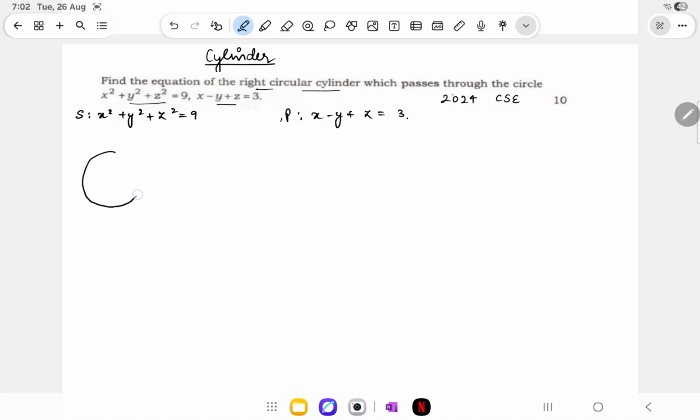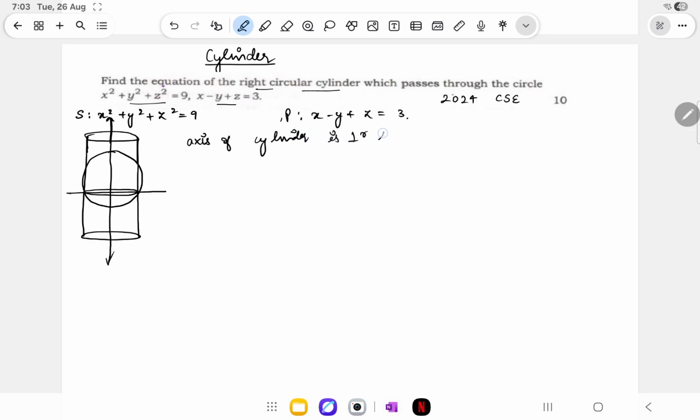Let's say this is my sphere and this is my plane. This is the circle formed by the intersection of the sphere and the plane. So the cylinder which I'm supposed to find will be something like this, and this is the axis of the cylinder. If you observe, the axis of the cylinder